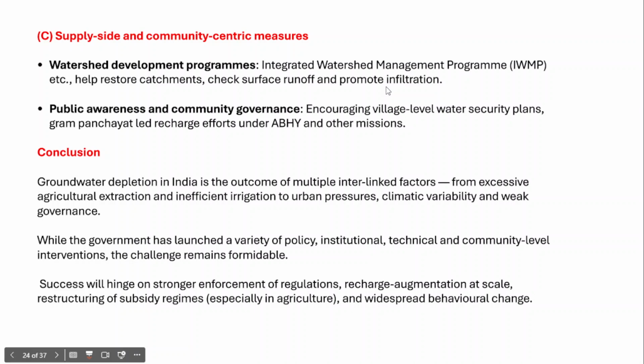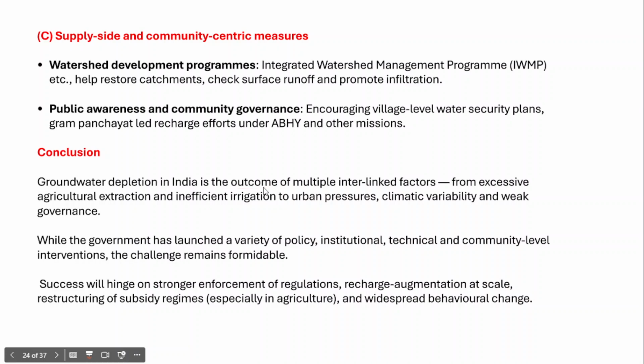At the same time, large scale public awareness is also very important when it comes to water governance, water management, and recharging the groundwater aquifers. Therefore, encouraging village level water supply plans and Gram Panchayat led recharge efforts under Abhay and other missions is very important, right? So in the conclusion, what you should write...